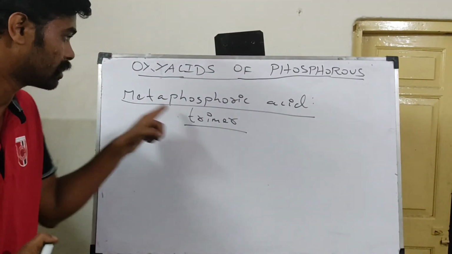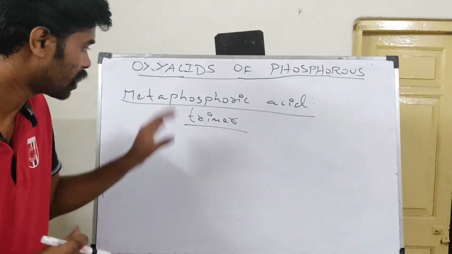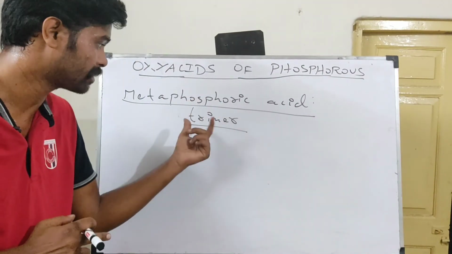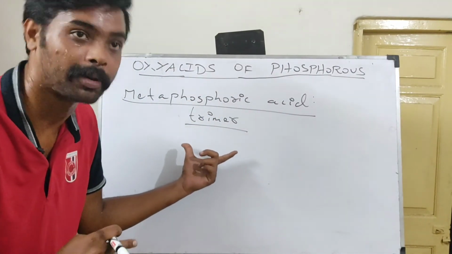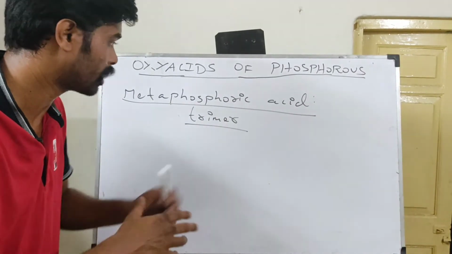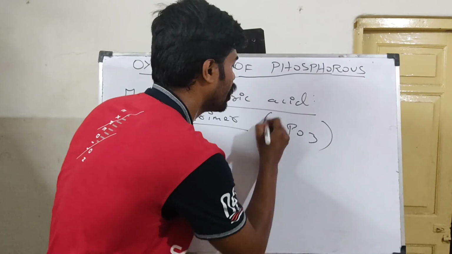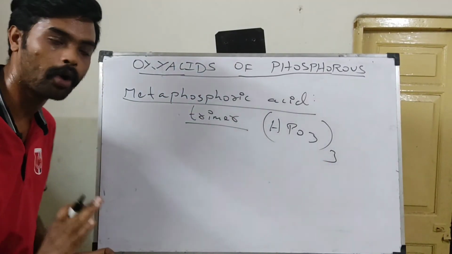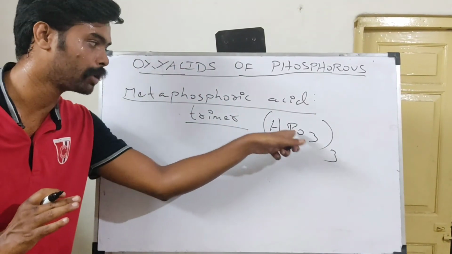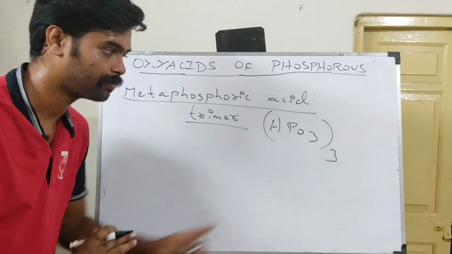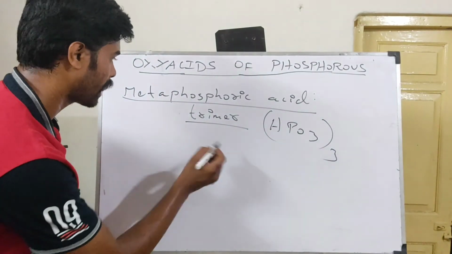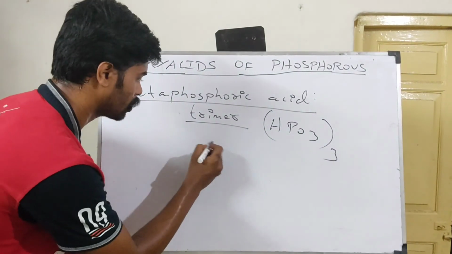the next acid is metaphosphoric acid. So understand that only in this acid it is going to exist as a trimer, right? So the best way to represent the formula is actually (HPO3)3. This is how I represent the formula. So I can understand that with HPO3 units, I'm going to have a trimer, 3, right? So again I'm going to have P-O-P bonds. This is how it's going to look.